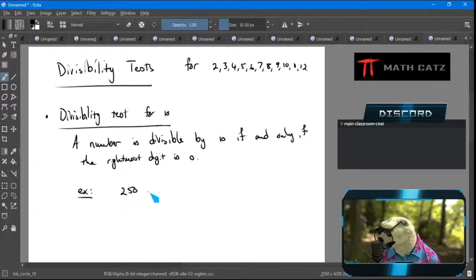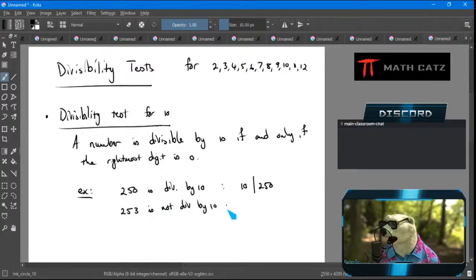250 is divisible by 10. We can write 10 divisibility symbol 250. 253 is not divisible by 10. If you want to write that symbolically, you write the divisibility symbol and then just put a line through it, a strike